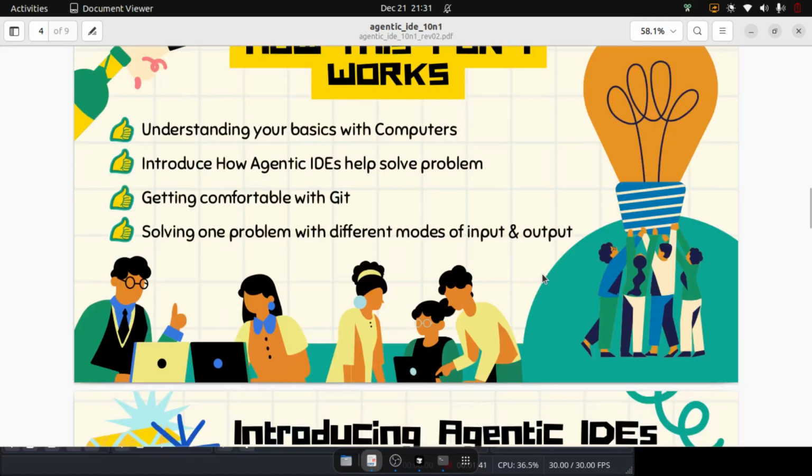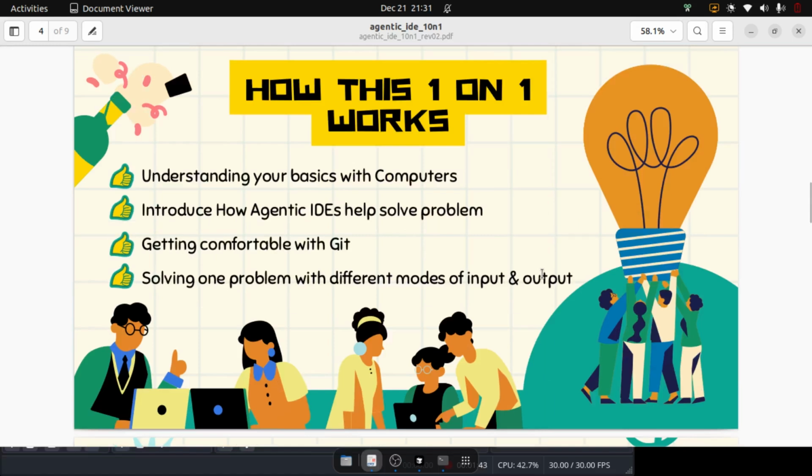How does this one-on-one work? I'll be showing the steps that I'll be following once you join me in the one-on-one call, as a brief example in this demo. Initially, I will start by understanding your basics with computers. I will be introducing Agentic IDEs and how they help to solve the problem. I'll be discussing these points one by one. I will see how comfortable you are with Git and probably give a refresher, and then solve one problem with